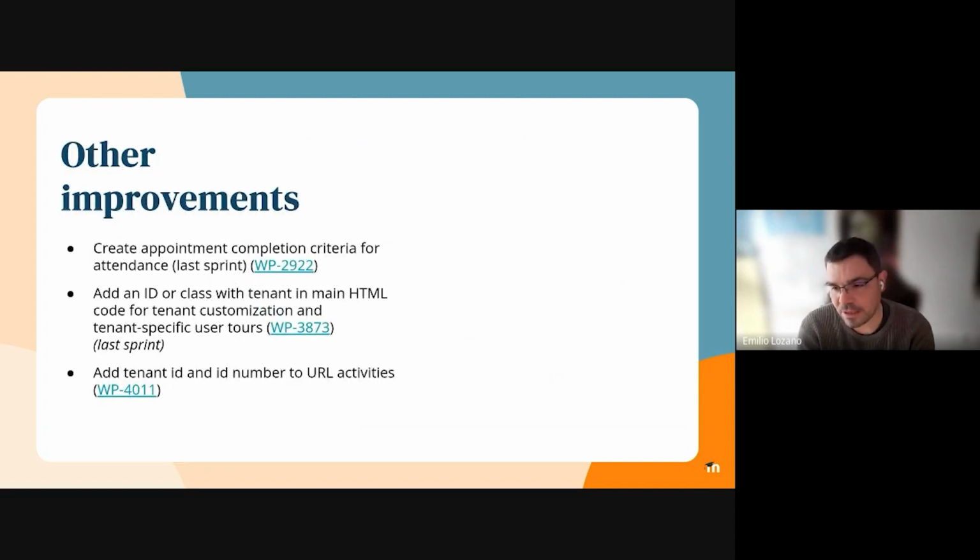And apart from this, we have added a bunch of improvements and bug fixes in these last two sprints. But just to highlight some, we created a completion criteria for the attendance on appointments. So now you can set an activity as complete automatically when people attend an appointment session. And we added an ID. In fact, I think it's an ID. I don't remember it specifically, but we added a class